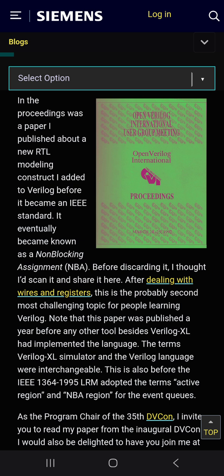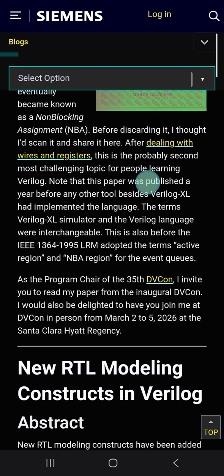After dealing with wires and registers, this is probably the second most challenging topic for people learning Verilog. Note that this paper was published a year before any other tool besides Verilog-XL had implemented the language. The terms Verilog-XL simulator and Verilog language were interchangeable. This is also before the IEEE 1364-1995 LRM adopted the terms active region and NBA region for the event